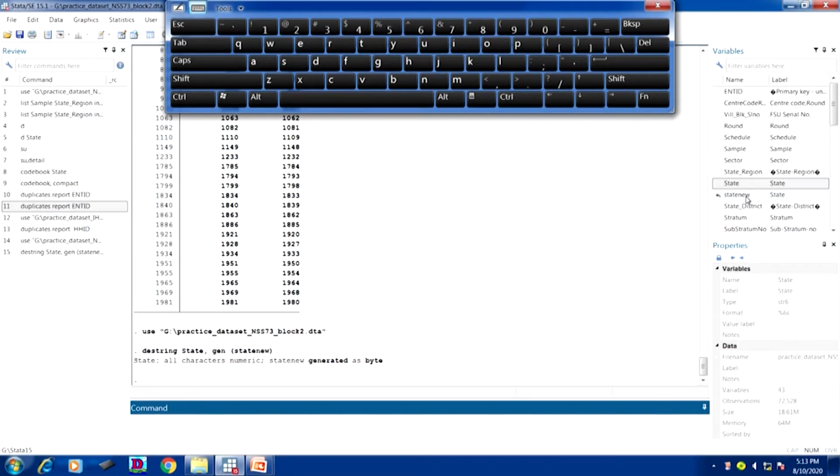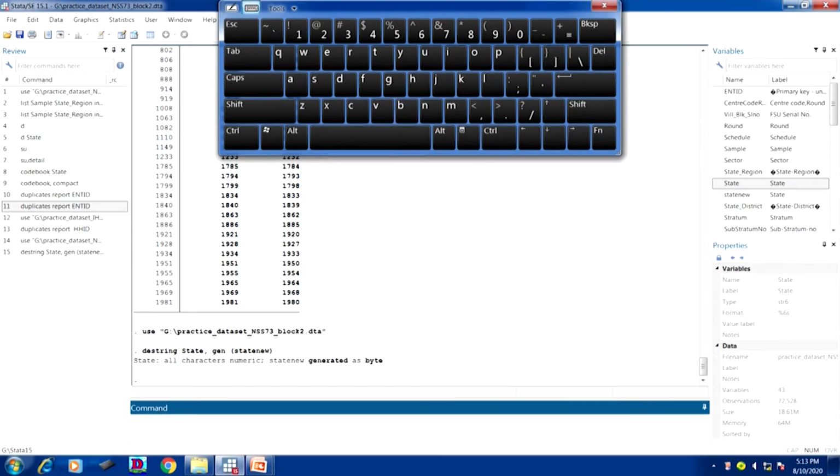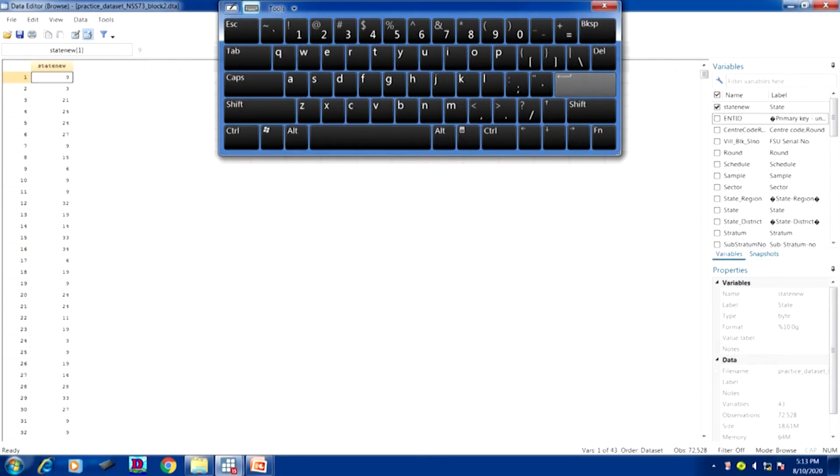I am just putting my cursor, it might be visible to you: state, then next state new. I will show you from the browse window, for your simple understanding: br then state new, enter. Now it has shown you in numeric. Now this is no longer in red color.